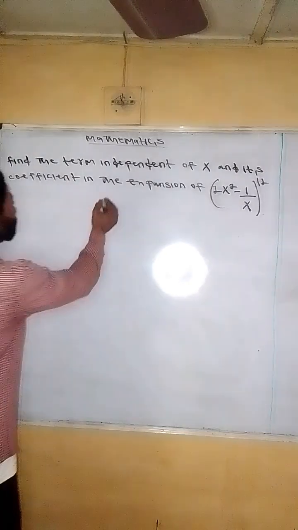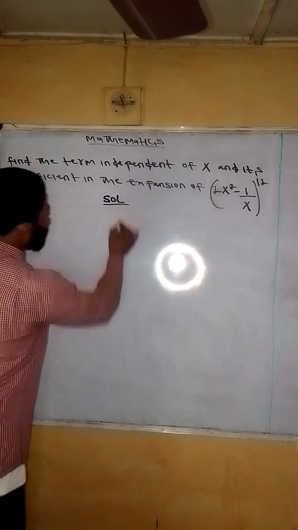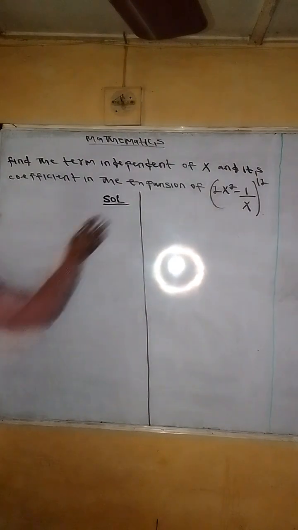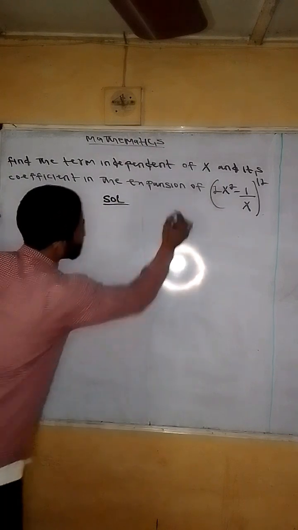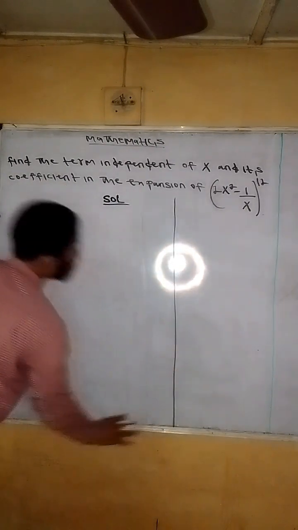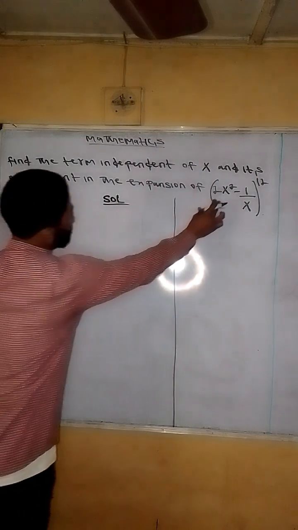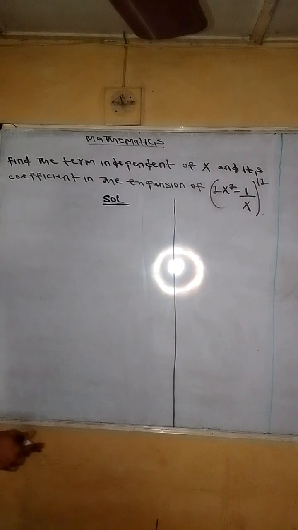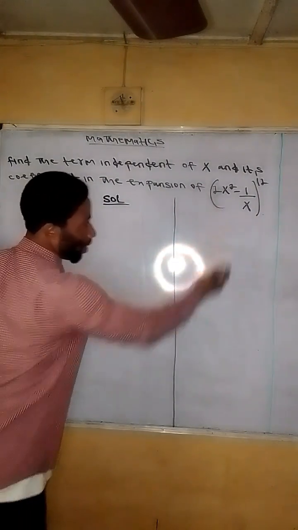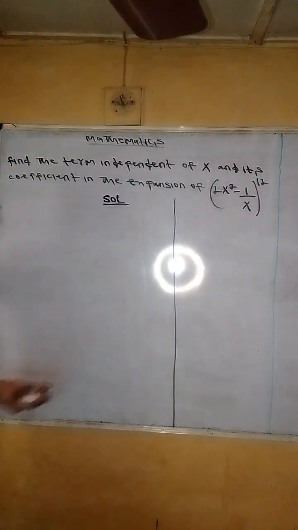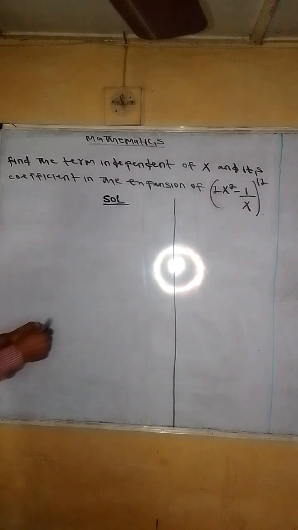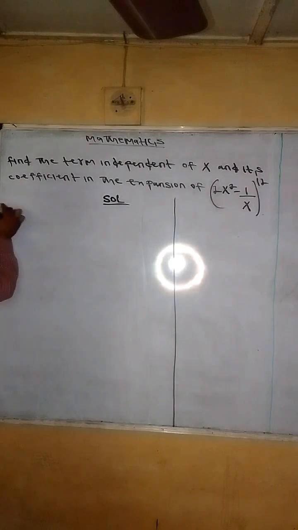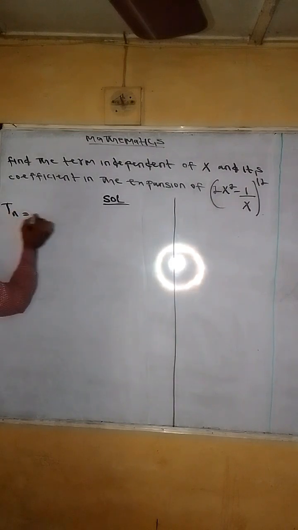All we need to do is write the solution. Let me split my board into two so that I can conserve a little space. Now, when you expand this expression on the board, it is going to give us a polynomial, and a polynomial is like a sequence. It will produce a sequence. So the general term of the sequence that this will form when it has been expanded is Tn,